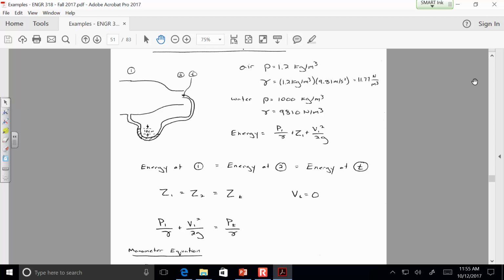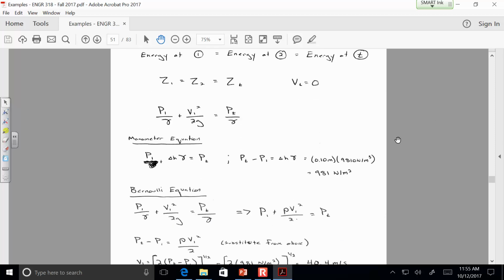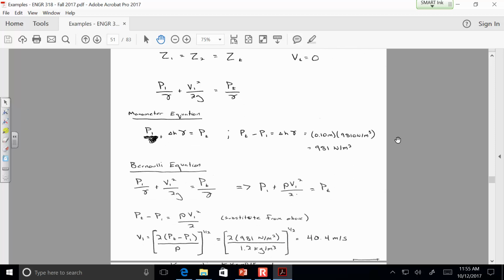Okay, so the last step then is for us to combine Bernoulli's equation and the manometer equation, which is the hydrostatic equation, to combine those two together. Okay, so the manometer equation is saying that P1 plus delta H times gamma is equal to P sub T. So here we are at location 1,